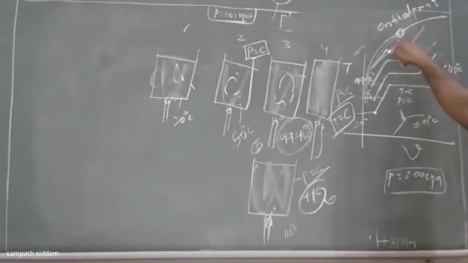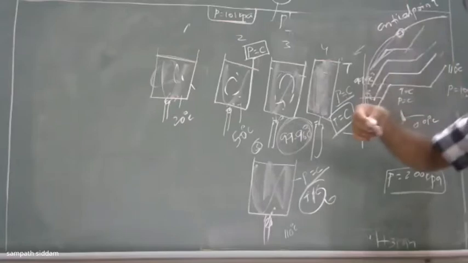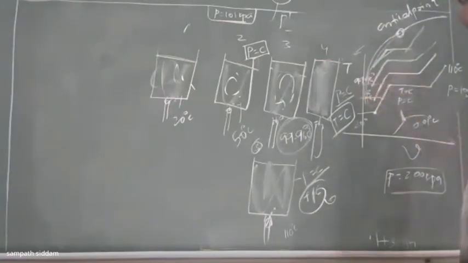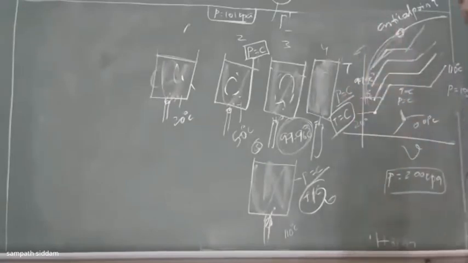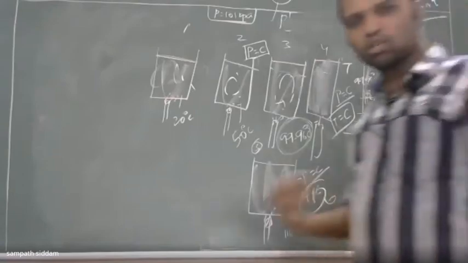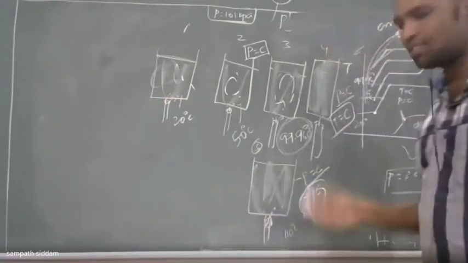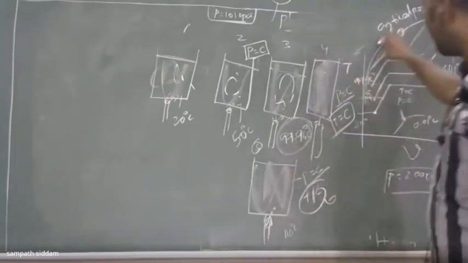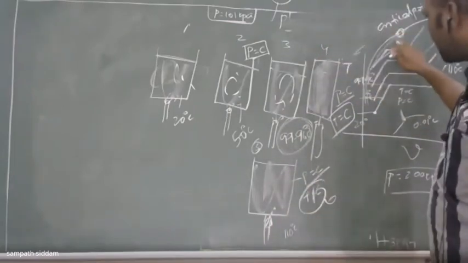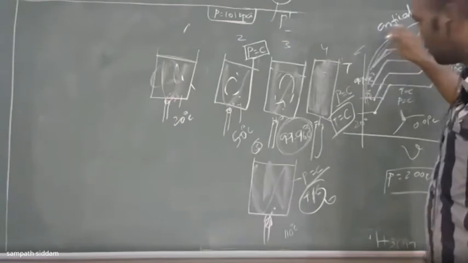Mostly in case of your competitive exams, they'll ask you what are the properties at your critical point. They'll be giving you a pressure, temperature, specific volume in different options. So you need to identify. This is a memory based question. Sometimes the questions will be memory based, sometimes more conceptual, sometimes just like a definition identification. Till now I told you the definition identification of your critical point just before, and the memory based question.